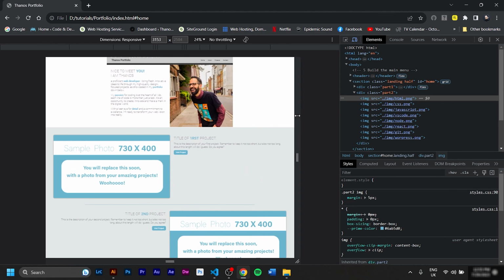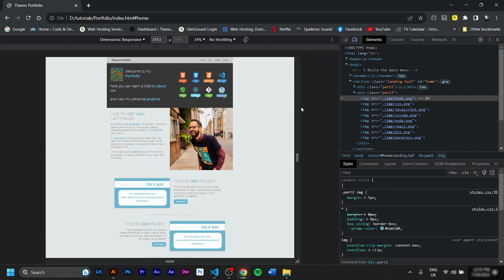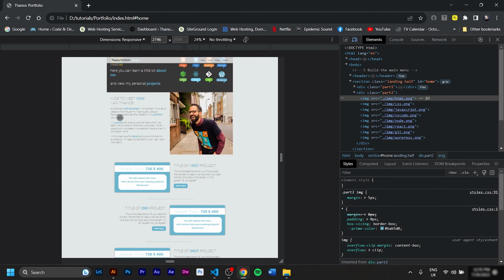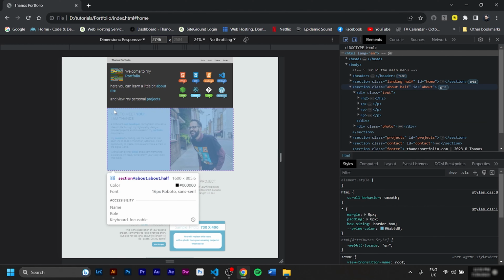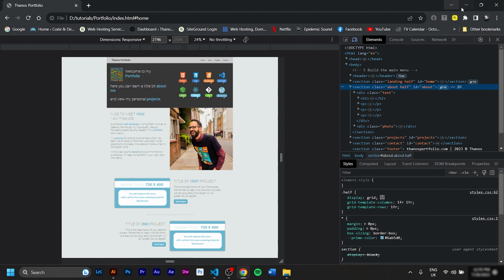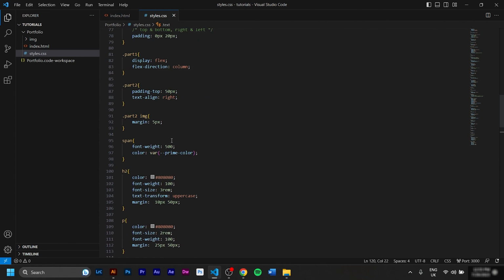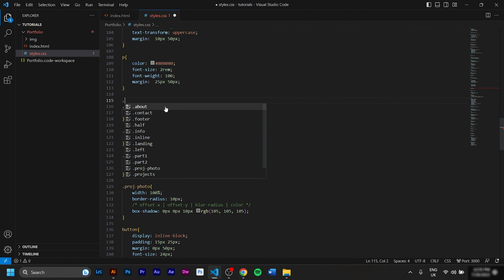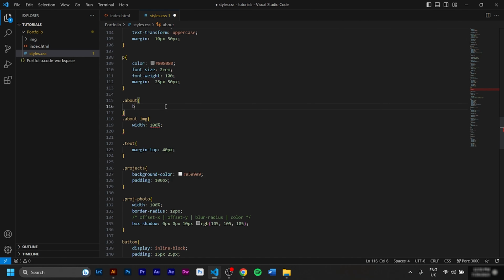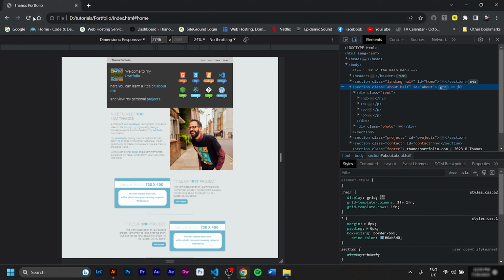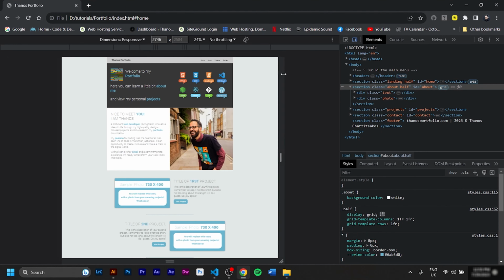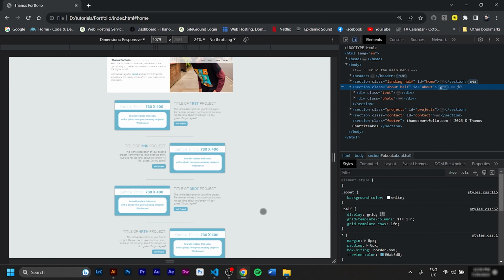You see this we had before, I refresh it and we have this. That used to be a white background, this area here. I'm gonna target it and give it that white background back. So this area is the about. Let's go find dot about. Looks like we never used it. I will go about here and press dot about and I'm giving it a background color of white, please. Refresh and our white is back. So all the way to the huge screens, I'm pretty happy with the result we have.